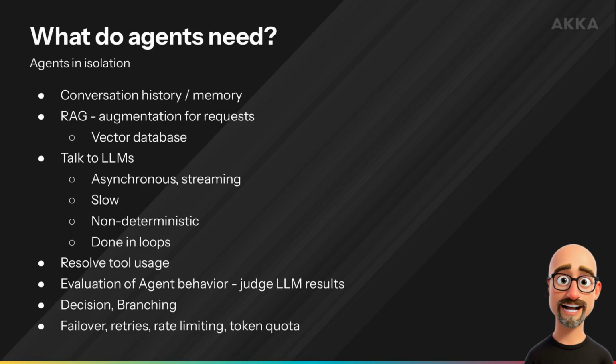Agents are very needy, high-maintenance things. Agents need some way to store and retrieve memory or conversation history. They need to be able to make additional queries to augment the prompt context. They need to stream asynchronously both in and out of an LLM. Some agents can utilize tool callbacks, and so that needs to be supported as well. LLMs, and by extension agents, are non-deterministic. We can't predict from one call to the next how they're going to react, so we need a way to evaluate and judge the performance of the model to measure our confidence or lack of it in the results.